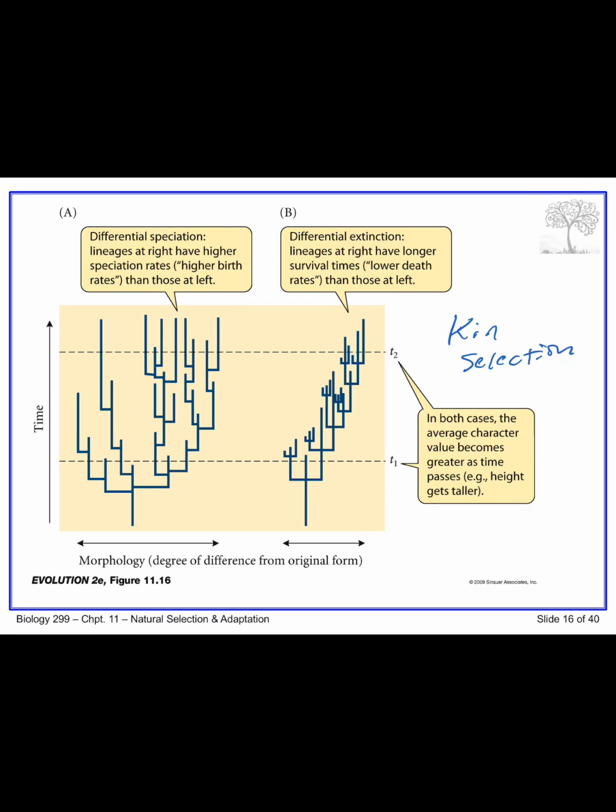Okay, next thing, let's talk about the nature of adaptations. When we observe a feature, a character state, let's say, that an organism has, is it safe to assume it's an adaptation that arose through selection? Or does that feature exist due to the vagaries or contingencies, randomness of phylogenetic history? This is an important question.